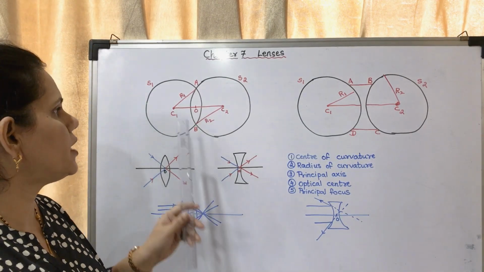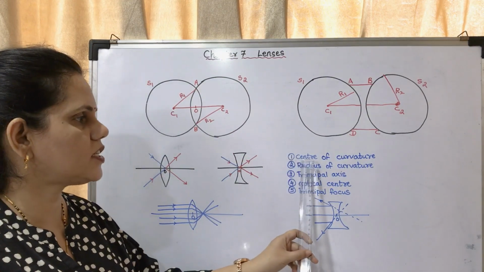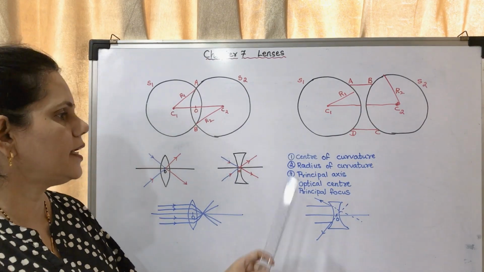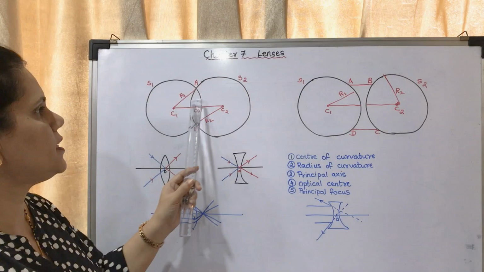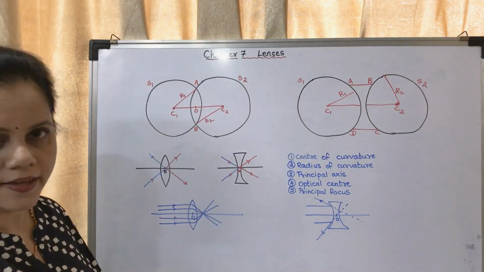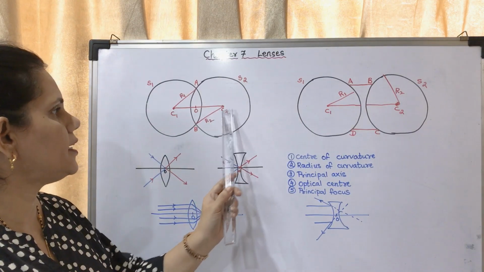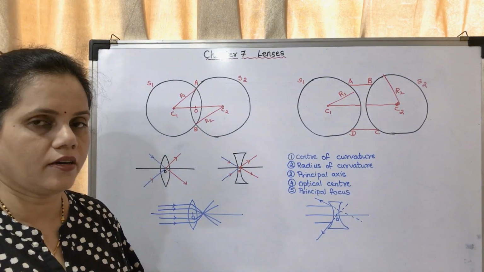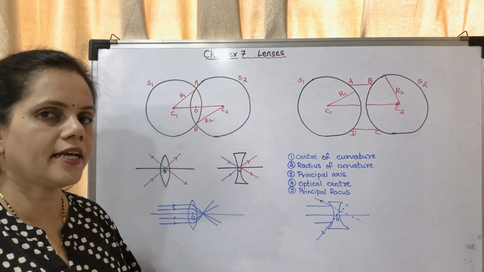Okay, so there are two centers of curvature, C1 and C2. That is the first term, center of curvature. Next term is radius of curvature. The radius of the sphere, you may see this is the radius. There are several radii. So this is the radius R1, the other radius R2. The radius of the sphere of which the lens is a part is called the radius of